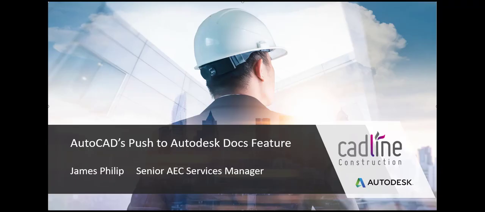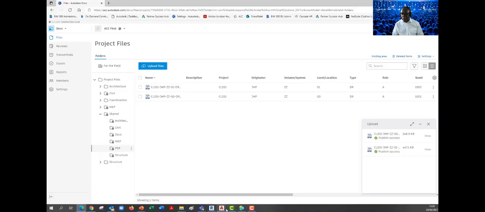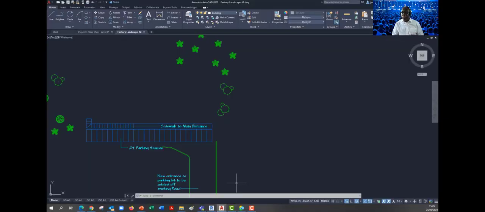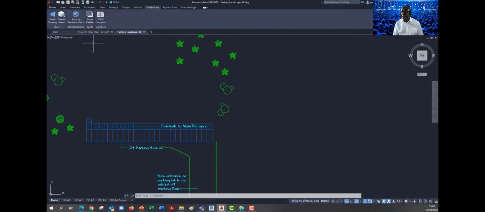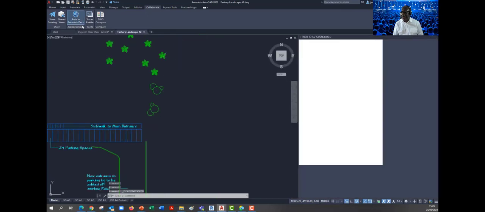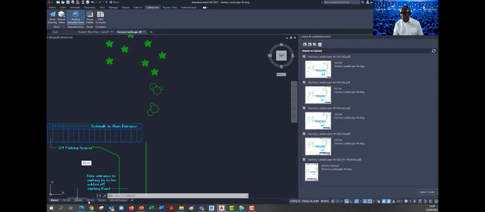So this is AutoCAD's new push to Autodesk Docs feature. We'll have a look at how you can upload the files from the AutoCAD environment, which will use that new Publish to Docs feature. So go to the Collaborate tab, and there's my Publish to Autodesk Docs. And what it will do is automatically assign all of the layouts within the project into the area,